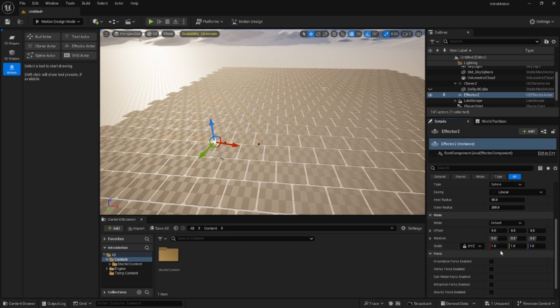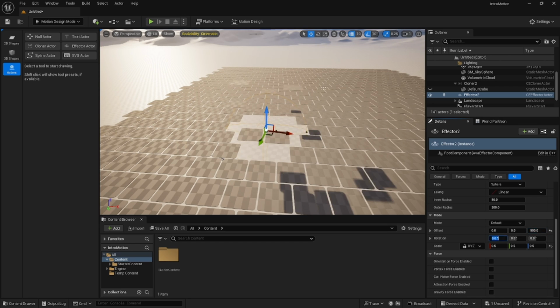On the mode, this is what we want to change, this scale. So 0.5. And what you saw is what it's going to do to that cloner. So if you want these to be smaller as the effector goes over them, you would change this. You can also change things like the offset. For the scene that we did at the intro, I had that set up